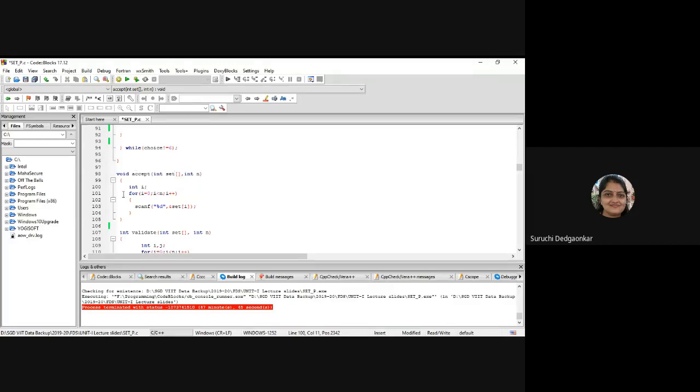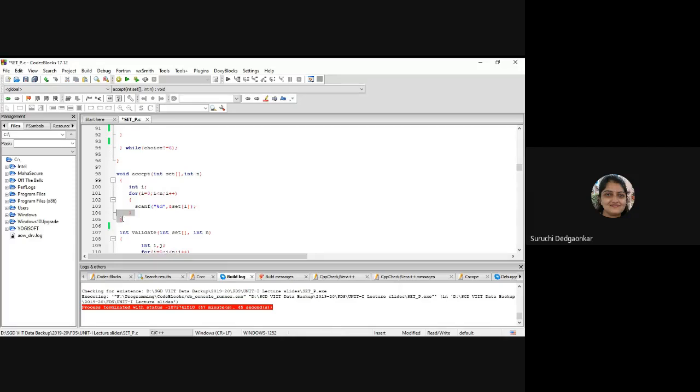Okay, and what is to be done in this? For I equal to 0 to n. Okay, so n elements we have to add into the array. Okay, so set of I we are initializing. Now why to start with 0? Because every array starts with the 0. Okay, index 0 is always there with any array. Okay, so I equal to 0 to n. So first value which is entered by the user will be stored in set of 0. Next value will be stored in set of 1, like that.